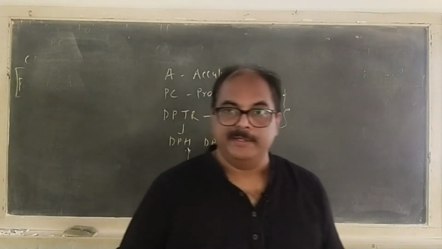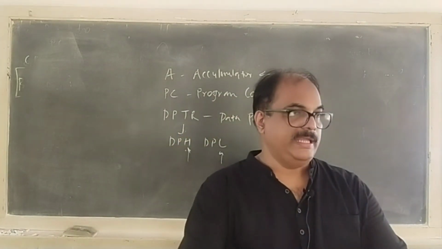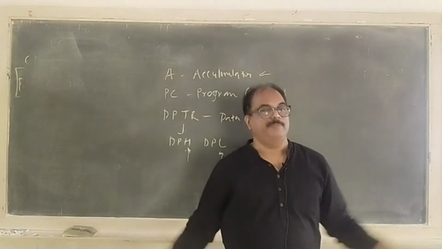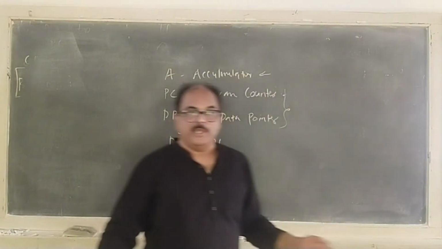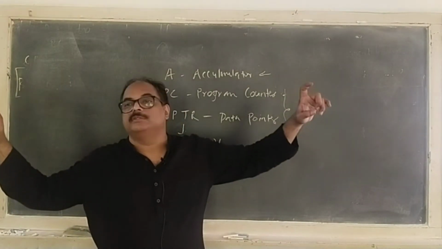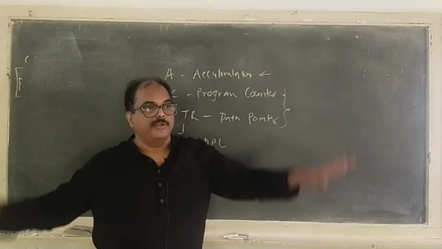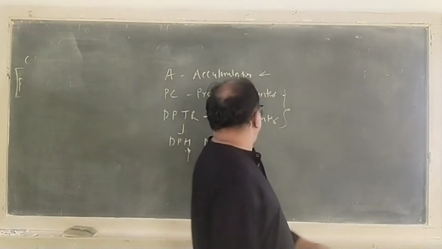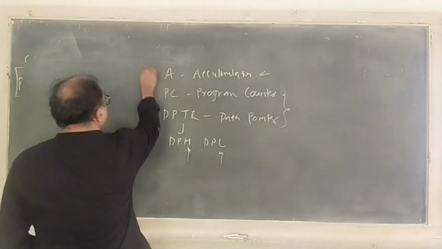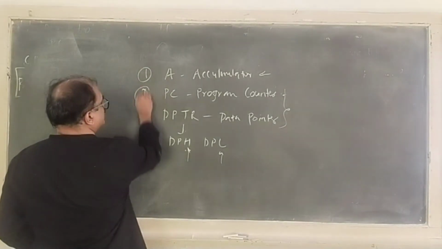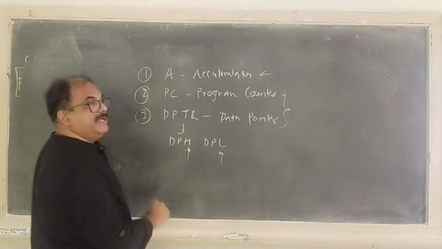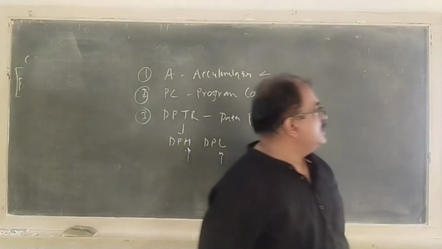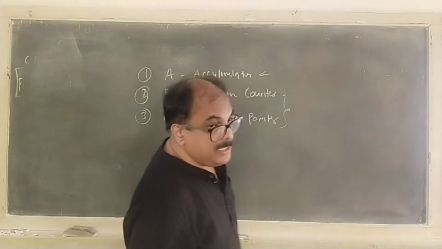So since data lines are 8-bit, all the register lines are also 8-bit. So anything that requires a 16-bit value has to be divided into two, a higher byte and a low byte. Apart from these registers, that is the accumulator, program counter, DPTR, data pointer, you have other registers such as the B